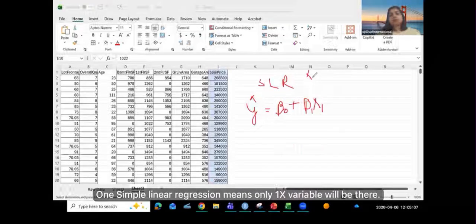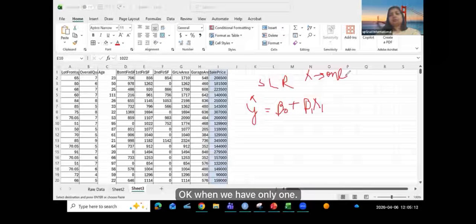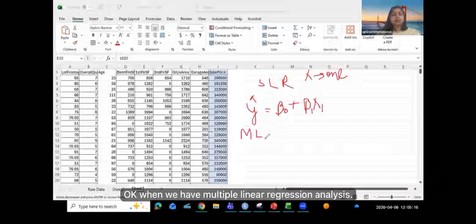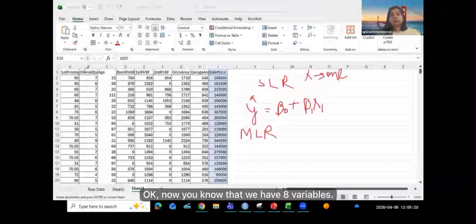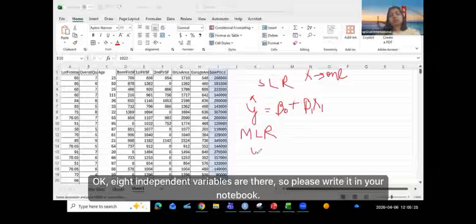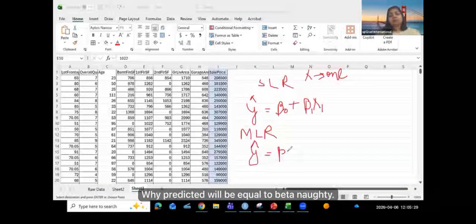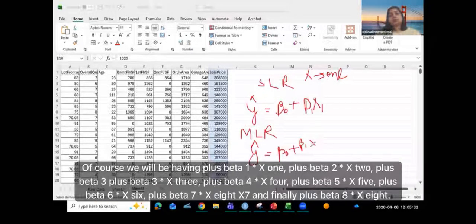Simple linear regression means only one x variable will be there. When we have multiple linear regression analysis, now you know that we have 8 independent variables. So please write it in your notebook. Y predicted will be equal to beta naught, of course, plus beta 1 multiplied by x1 plus beta 2 multiplied by x2 plus beta